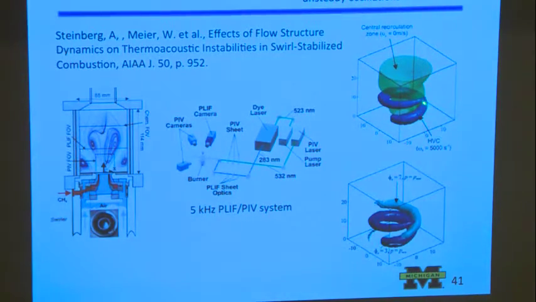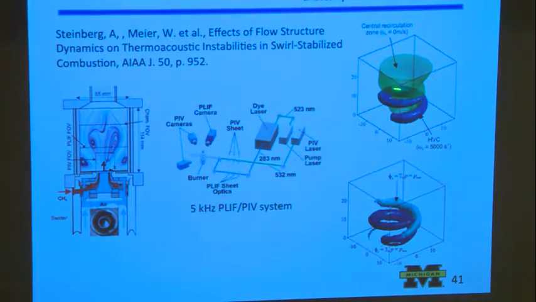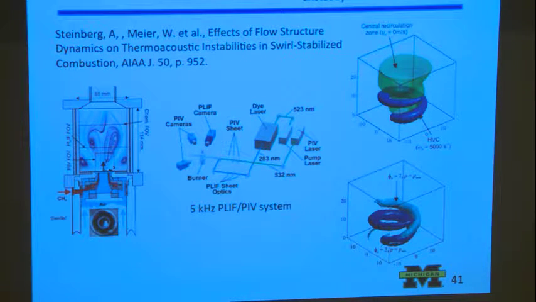This is a vorticity pattern that he obtained with three-dimensional velocity field imaging. It's really quite impressive. And it was also kilohertz, 5 kilohertz. And so, you can see these eddies that are rotating around as this flow is recirculating, and this gives rise